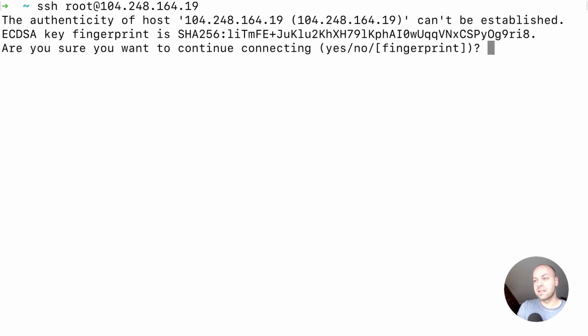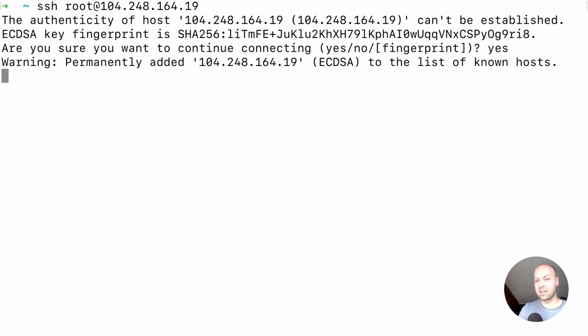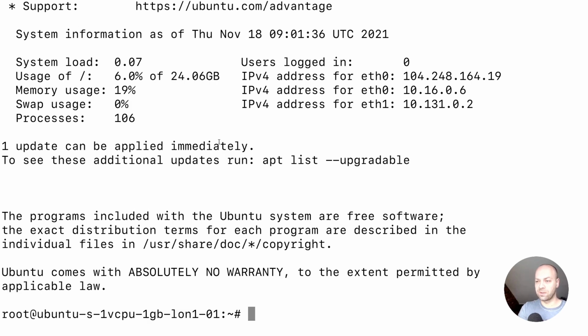And when we hit enter, we'll see this message for the first time that we connect. It's just a warning message asking whether you trust this server, just to check that this is the correct place that you should be connecting to. So we just want to accept this warning message, and you do have to be quite specific. If you type yes or just hit enter, it tends to just ignore it. So if we type in yes and then hit enter,